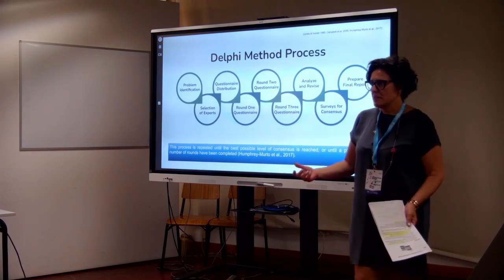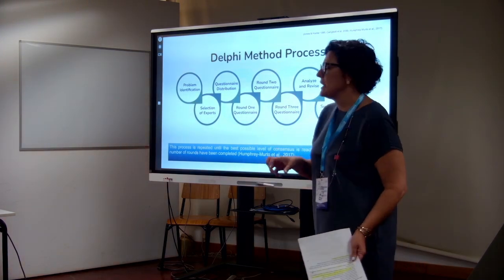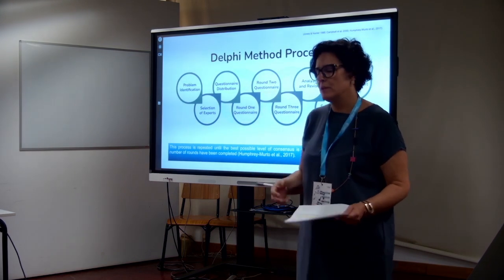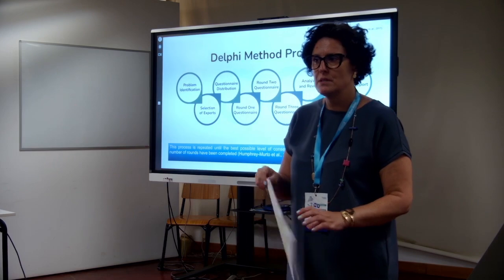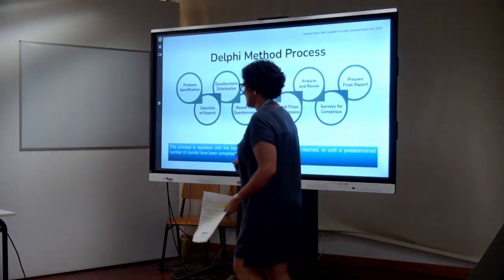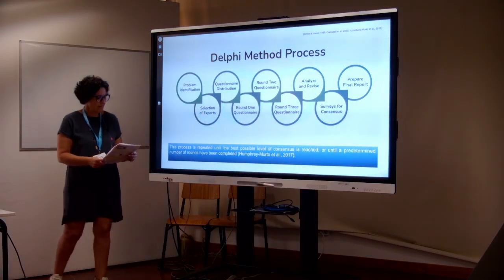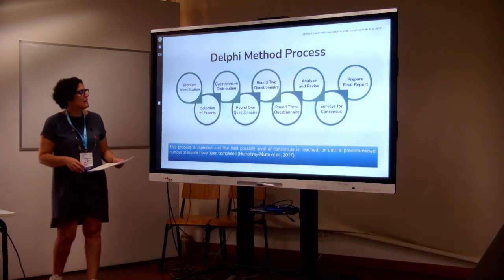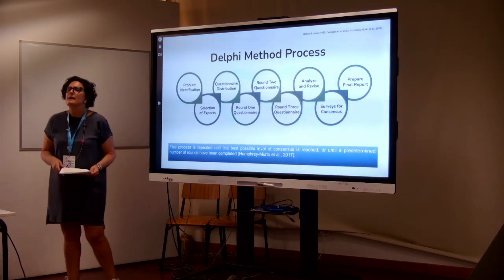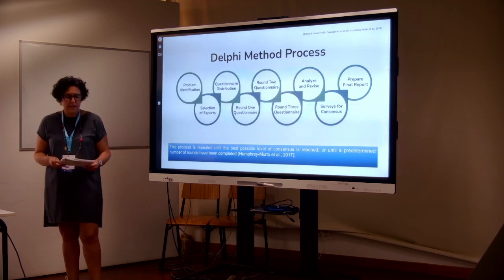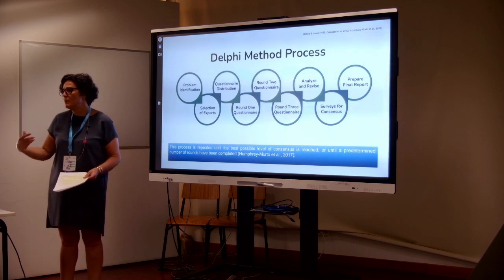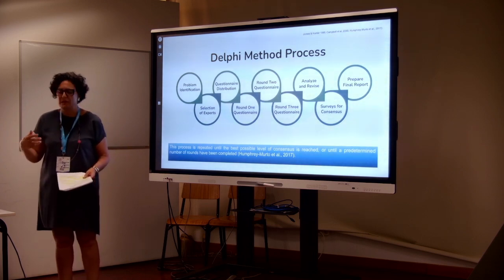So, what is the process? Cristina was telling that there is a structure. You find it here. It always begins with the formulation of a research problem. This is very important because it is going to guide the whole process. So we have the identification of a research problem. Then we have to select the panel of experts we want to use in the study. And develop a questionnaire or statements that we want the experts to analyze.